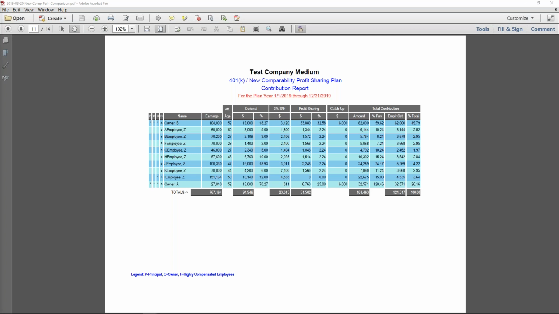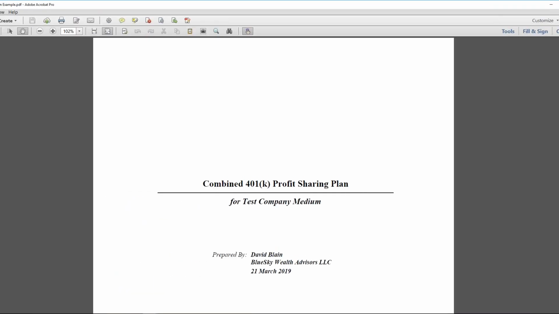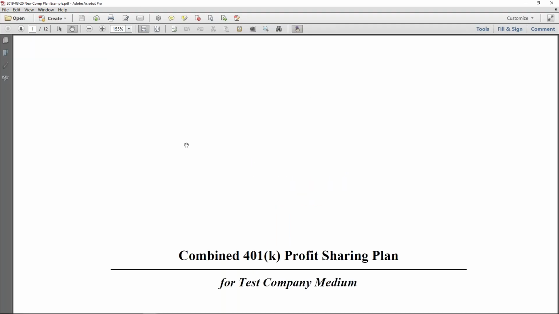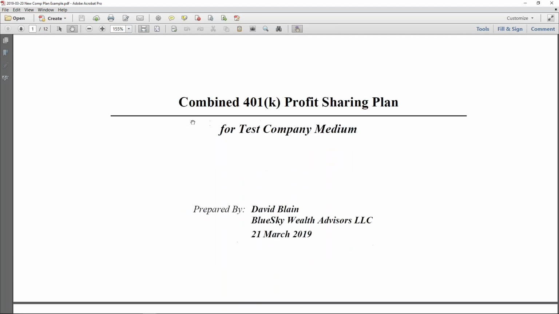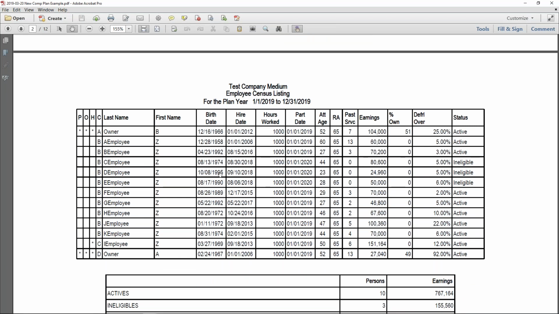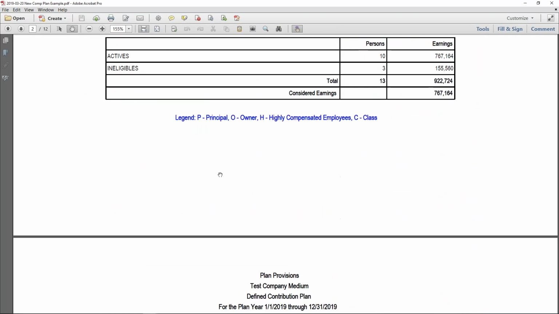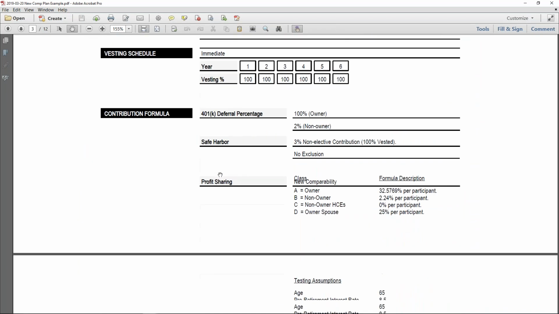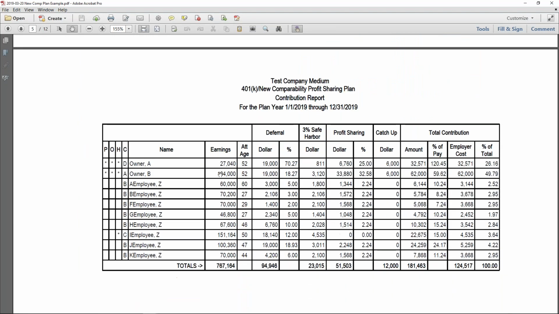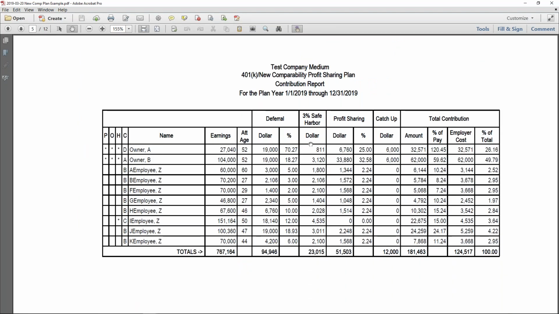Okay, so I'm going to go through here. I've got another slide to show you, the details of the new comparability plan. So the one before was to show you the comparison of all the different ways you can do it. This delves into the details of the new comparability plan. So once again, same census data that we have for the plan. That's just some detail here. This is what I wanted to get to. So owner A earnings